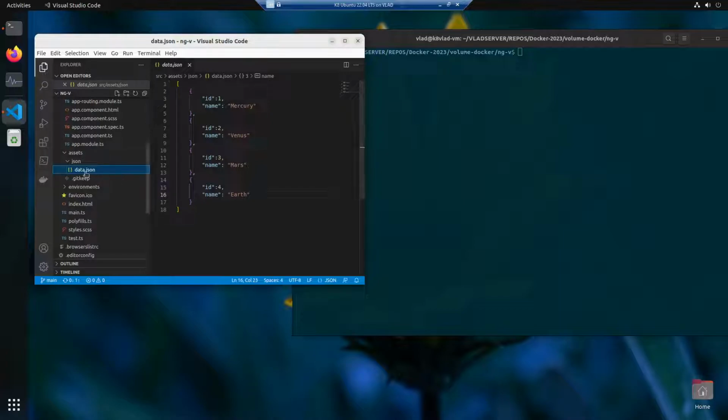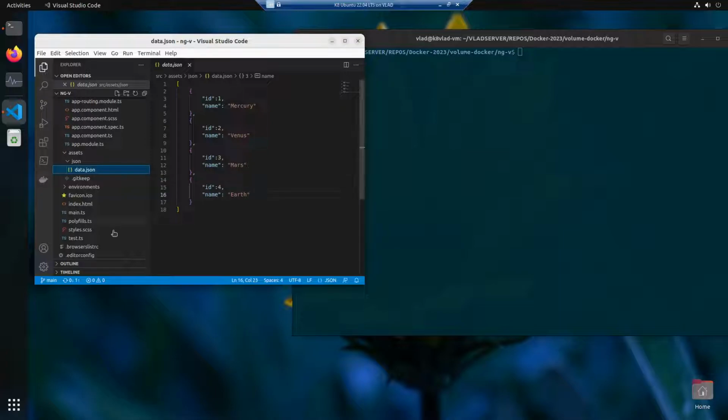The data.json will be included in the container, but when we do a Docker volume, I believe the Docker container and the host are going to share a directory inside the host. I think that's the way to explain it. Okay,